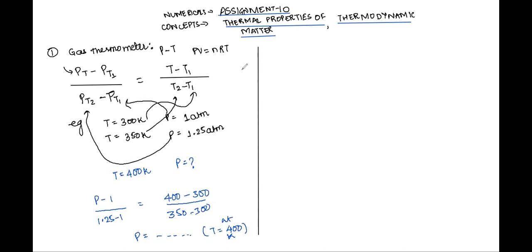Similarly, there are different thermometers which are based on resistances. So let's say in a resistance thermometer, the formula remains the same. All that you have to do is to exchange pressure by resistance. So in the question, rather than telling you about the pressure in atm, it will talk about resistance in ohms, right? As simple as that.